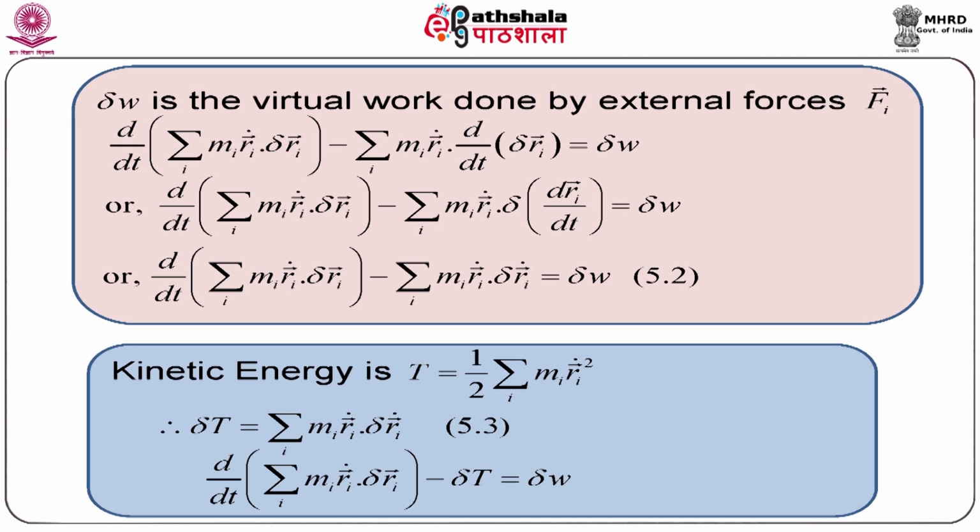Here r_i dot is the velocity v. Substituting 5.3 in 5.2, we have d/dt of summation over i m_i r_i dot delta r_i minus delta T equal to delta W,